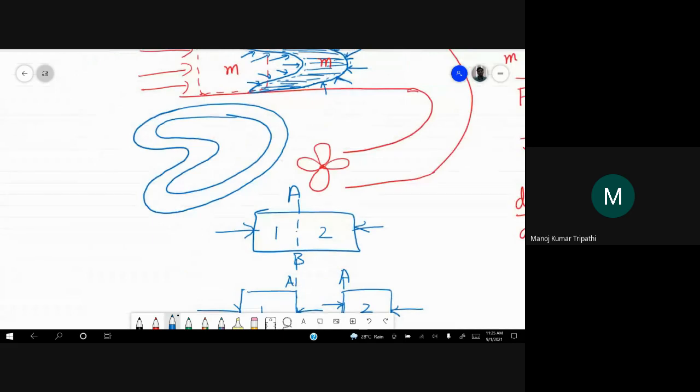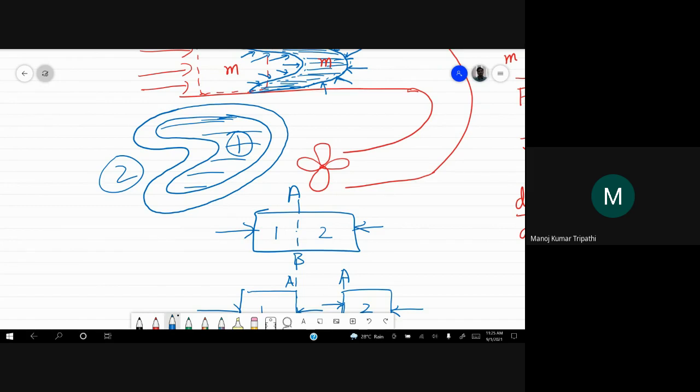In case of fluid, we cut the fluid domain into two parts. This is the first domain, and this is the second domain, the outer one. What is the force that is acting between first and second? There are internal stresses, internal forces. What kinds of forces? There can be pressure applied by the second fluid on the first fluid, and by the first fluid on the second fluid. And other than that, there will be viscous stresses.